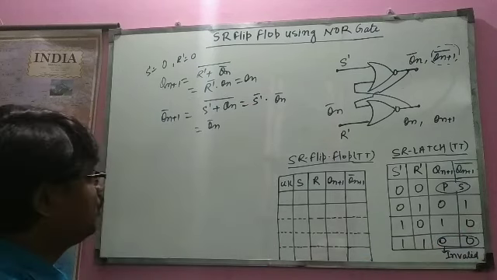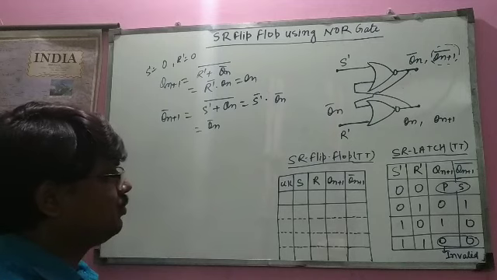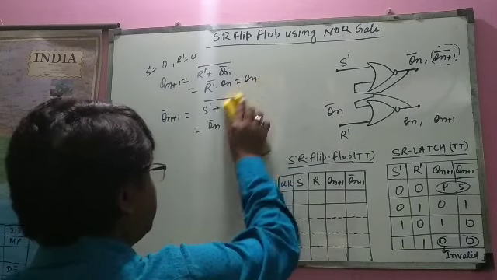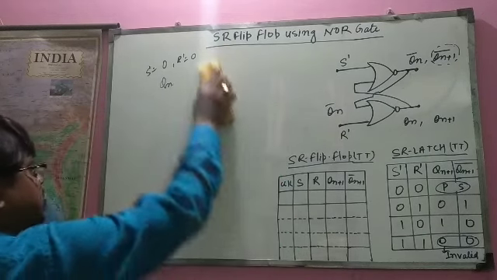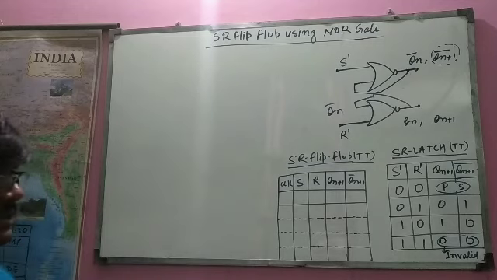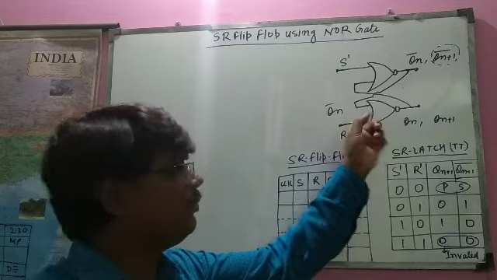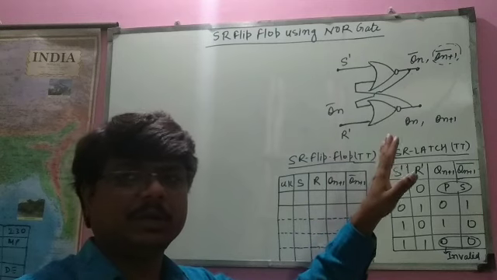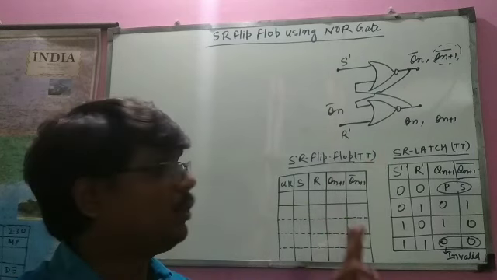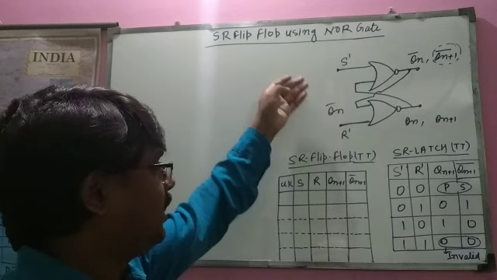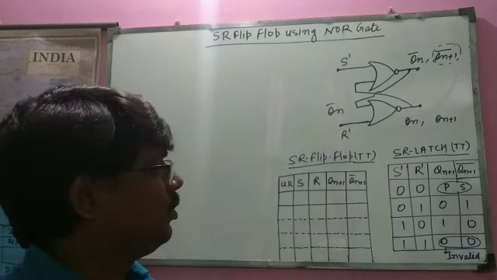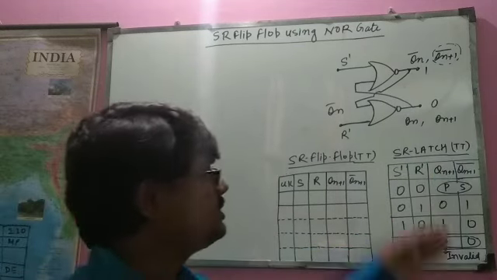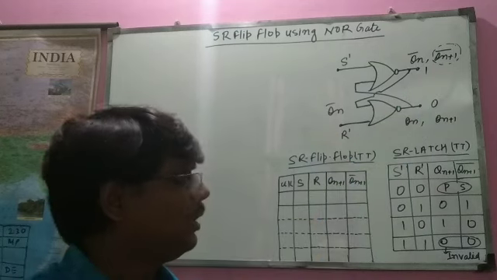Okay, so in today's class we will see the SR flip-flop. What is the difference between this SR flip-flop and the SR latch? This latch is a memory element, it will store 1 bit. The SR flip-flop is also a memory element, it will also store 1 bit. But what is the difference? Let us see. At this present time, here it is, let us suppose, 1, and here it is, let us suppose, 0. Output is 1 and 0.